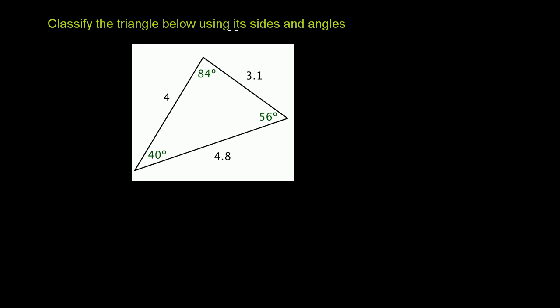Classify the triangle below using its sides and angles. So there's three classifications when it comes to sides. You might not have any of the sides be the same length, in which case you would be dealing with